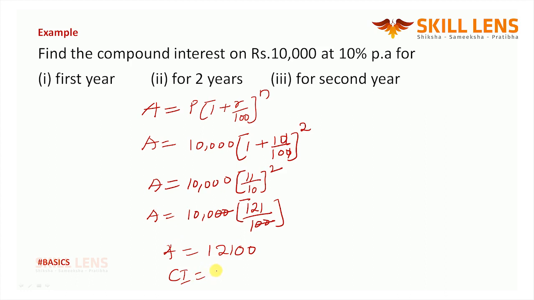How are you going to calculate your compound interest? Which is amount minus your principal. What is the amount? 12,100 minus principal. What is the principal? 10,000. Okay, so that will become 2,100. So 2,100 is going to be your compound interest for a